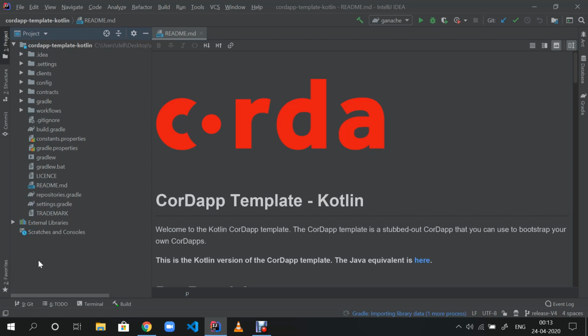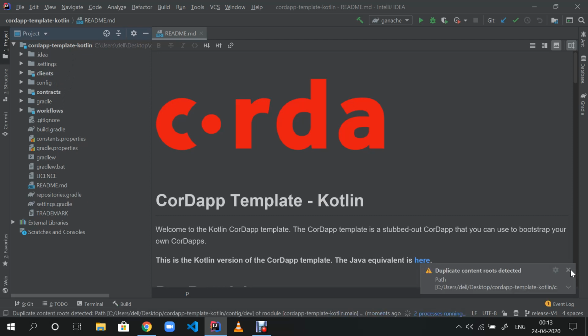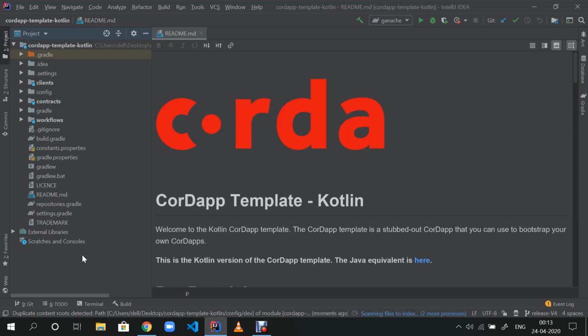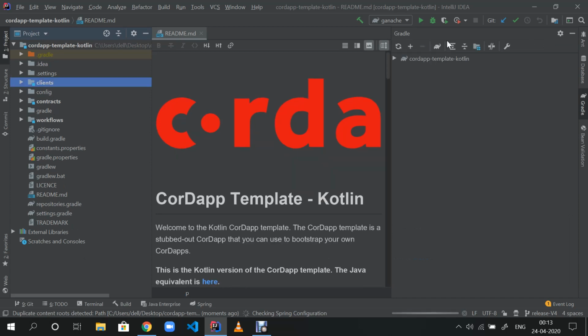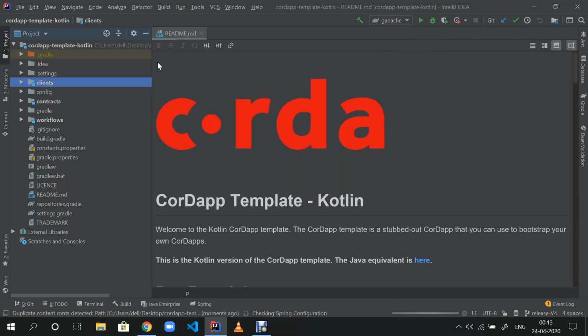So there are multiple folders and multiple files. I know it seems a bit scary, but you don't have to be scared about this because by the end of all the lectures, you will know your way around every folder. Okay. So basically our main focus is on these three folders. Clients, I'll just minimize this. Clients, contracts, and workflows. These are the three folders you'll be interacting with on a regular basis, and this is where all your work will be done.